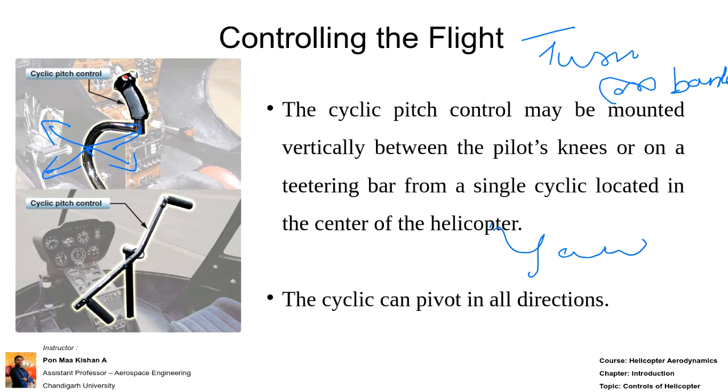For forward flight, the helicopter will be moving like this. For backward flight, the helicopter will be moving like this. I hope you understood that clearly. So don't think that for forward flight, the rotor will be deflected greatly. A small amount of tilting will be there, so that the rotor will be deflected and the helicopter will be moving forward and backward accordingly.